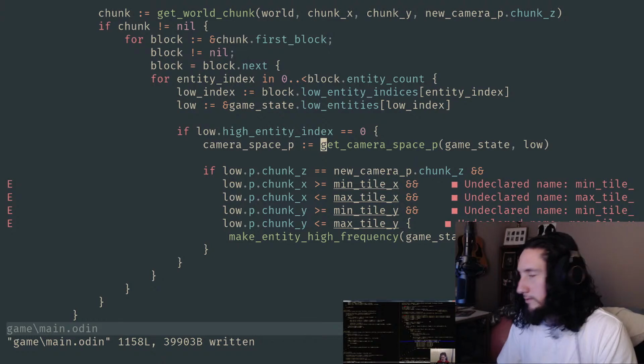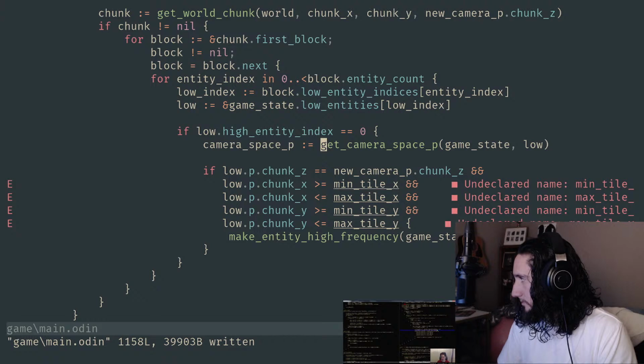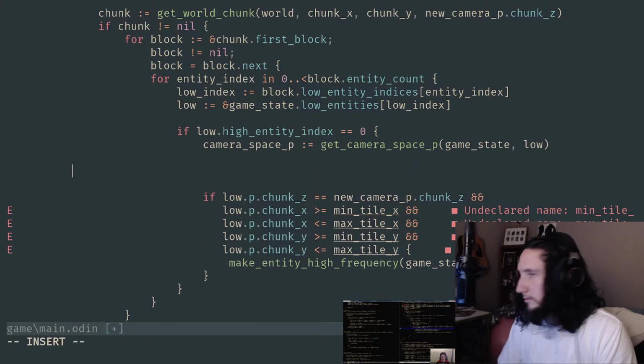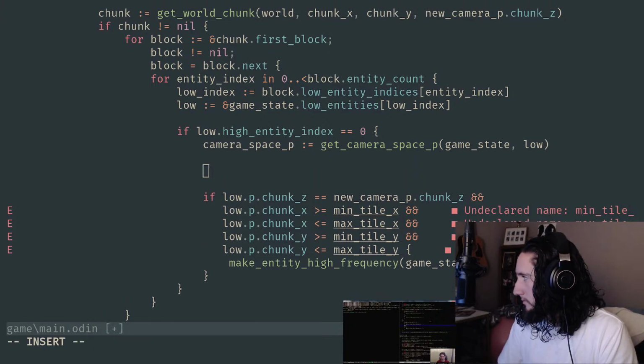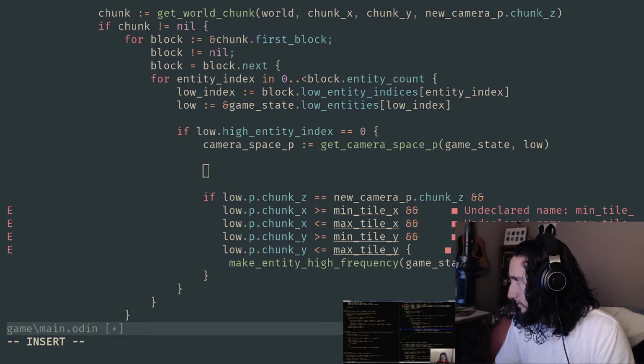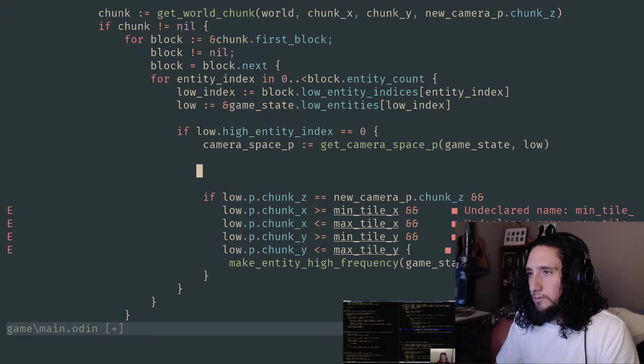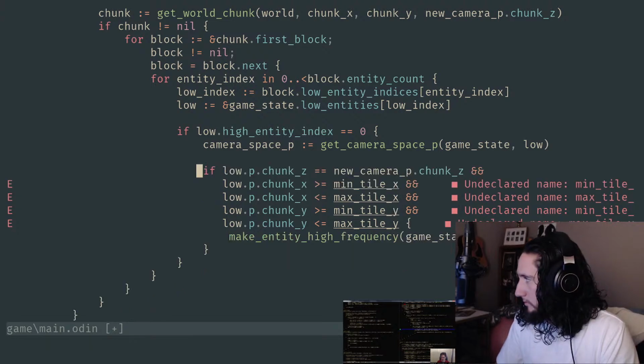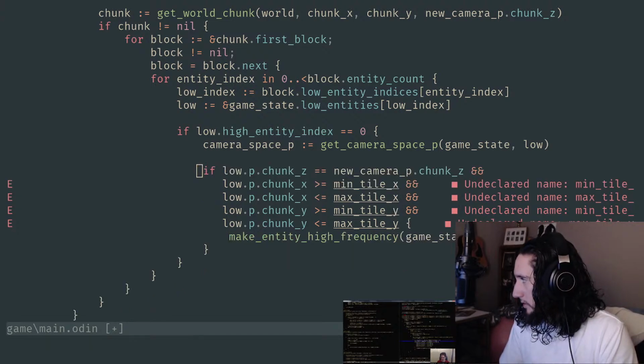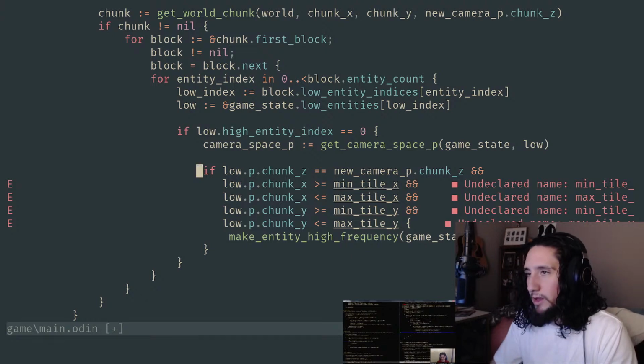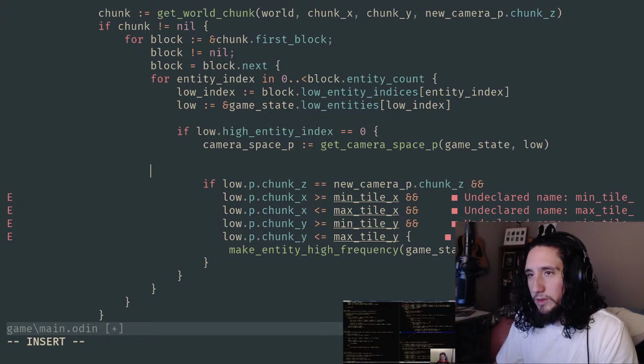We check the camera space P, okay, and this is going to be our camera bounds, like that. And then assuming that it's in that rectangle, now we know that it's definitely a candidate for moving into the high space. So we can go ahead and do that, and we can do that with the stuff we've already computed, so we don't waste anything there. That is in rectangle call. Wasn't there before, was it? Yeah, he just added that. Okay. I was looking at him write that code, and I didn't follow any of it. I don't know what's going on.